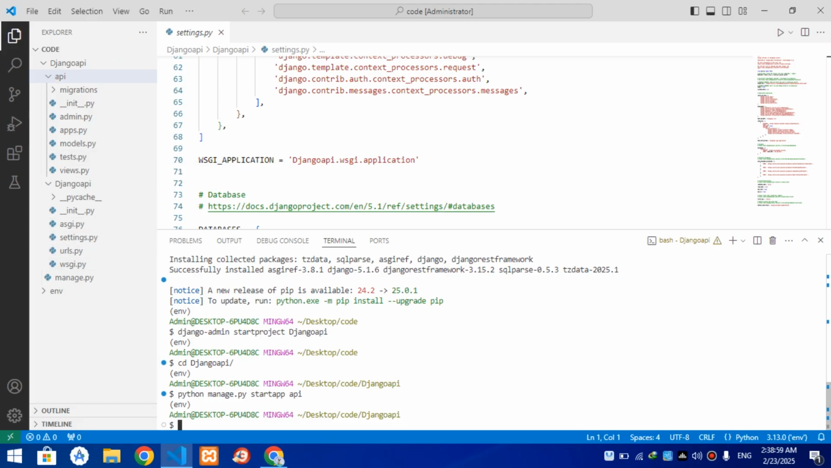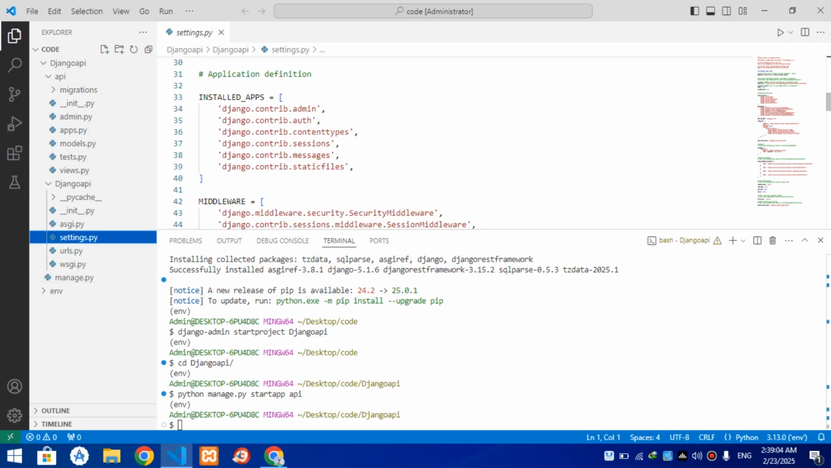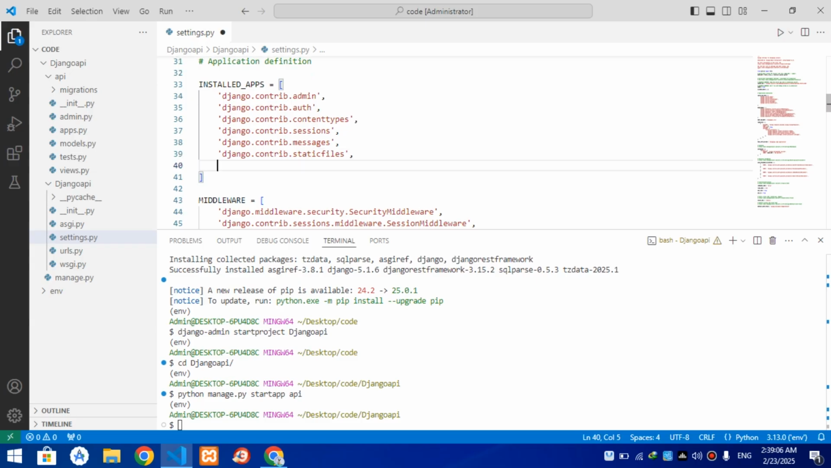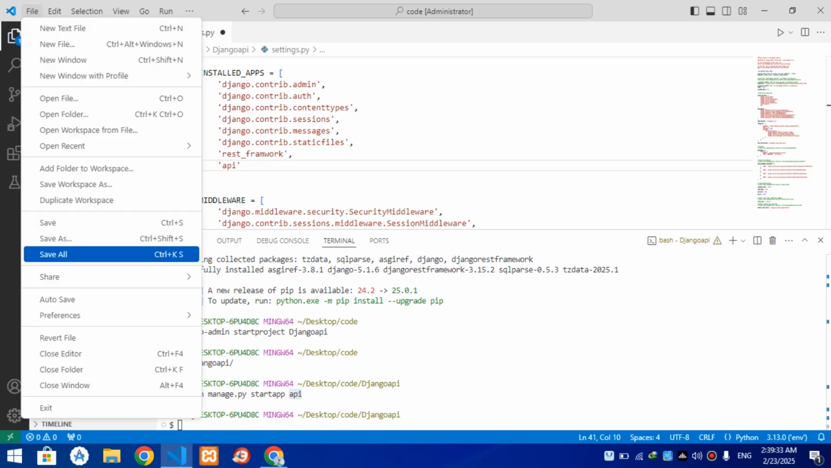So after that, I'm going to go into our settings and give here my, so type here rest_framework, and then I'm going to type here my api directory, click save,